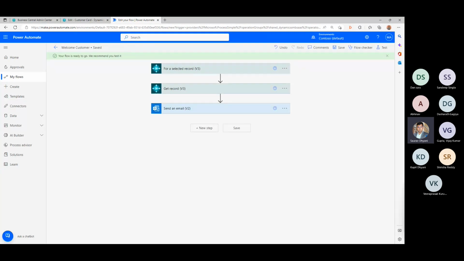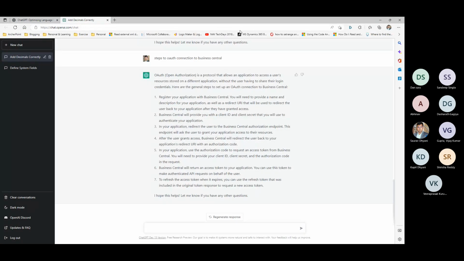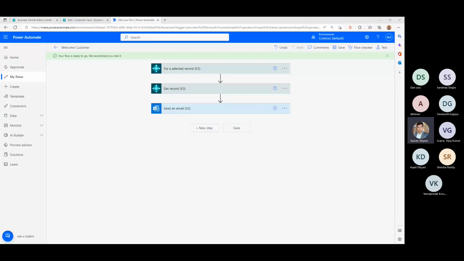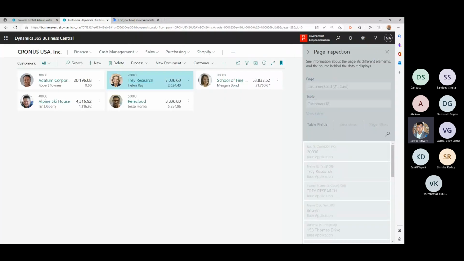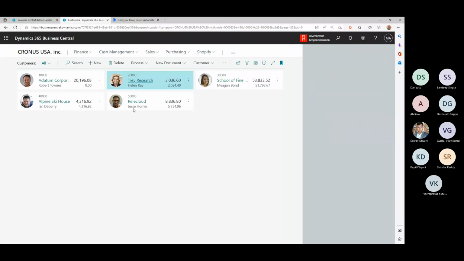So let me, on my other window, try opening my Gmail to see if I get that email or not. I'll have to change that on the customer. Okay, so let's go back here and let me close this one so that this gets refreshed.